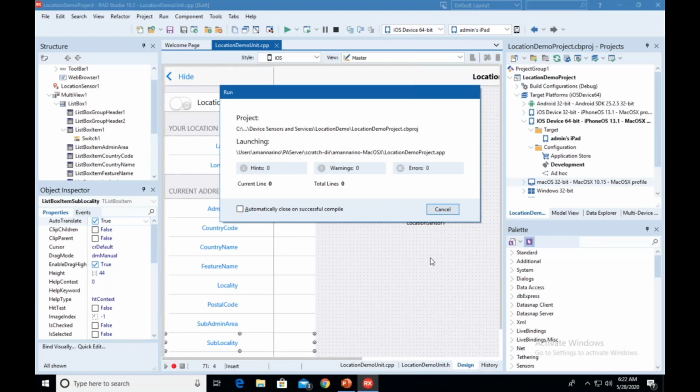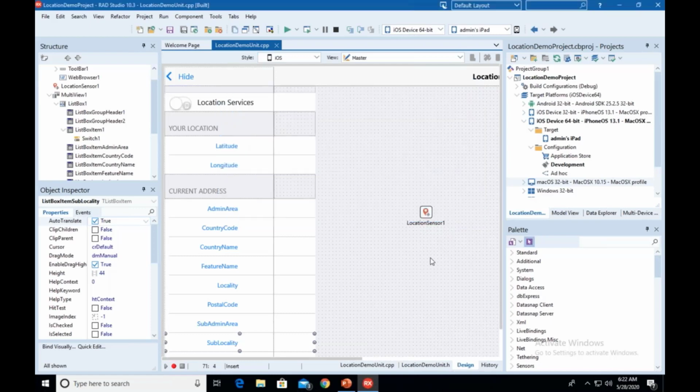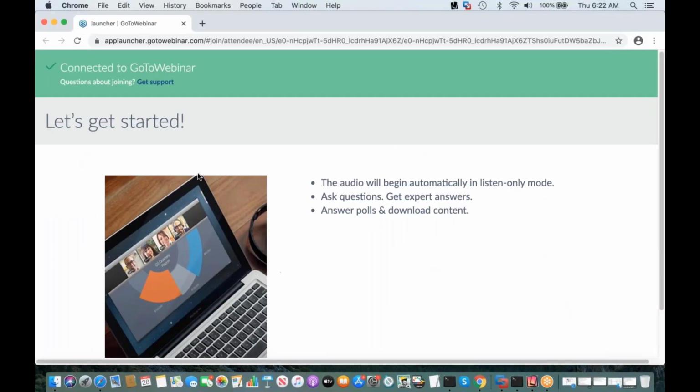Let me open up my iPad. So once it completes deploying to my iPad, I'll switch to screen share and show you what this looks like running on my iPad. Again, the key important piece here is that this is going to be a native iOS .app file with native components. So it's on my iPad now. So for you to see what I'm seeing,